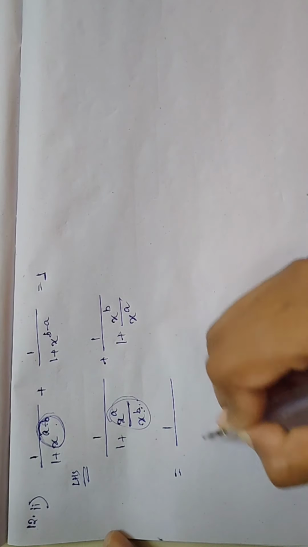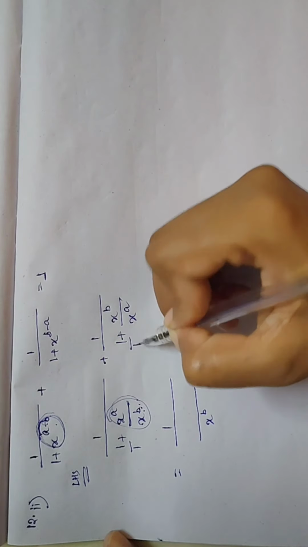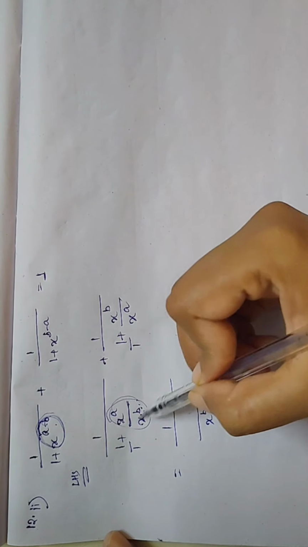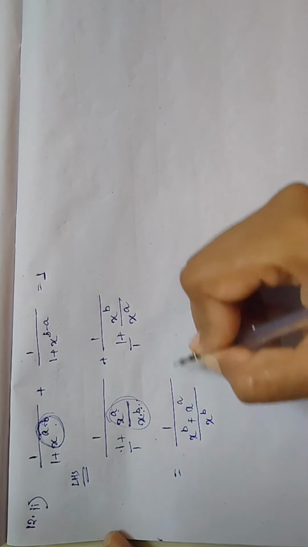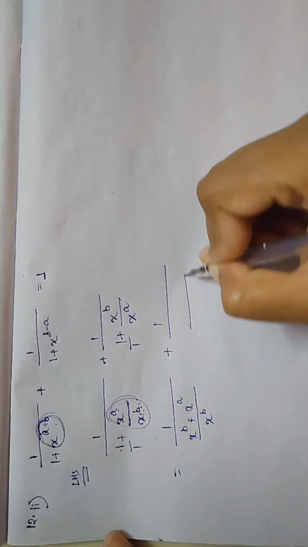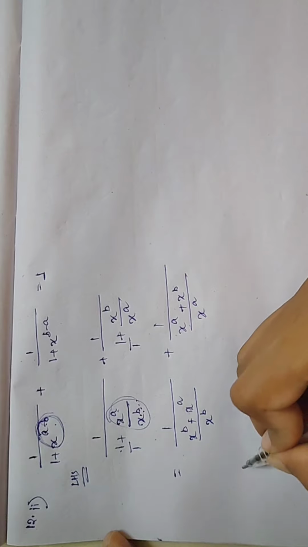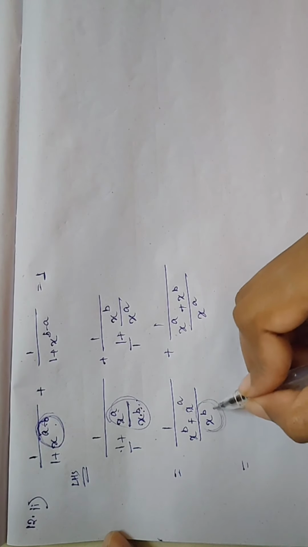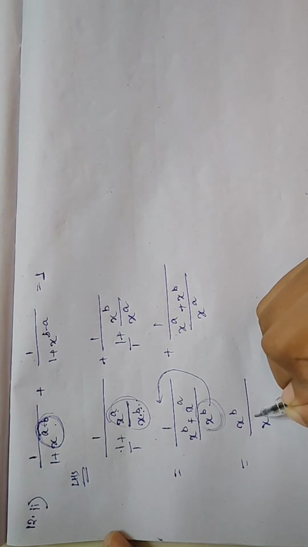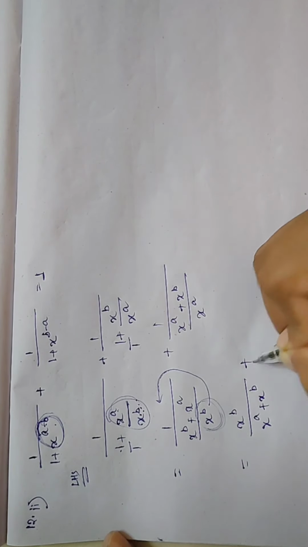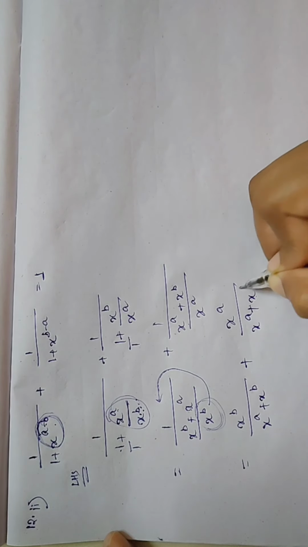Now take the LCM. It will be x to the power b. Here nothing is there, so we can write it as 1. Now do cross multiply. This into this, that is x to the power b. This into this, that is x to the power a. Similarly, here also we can write x to the power a plus x to the power b. Now this portion will come up here, so it will become x to the power b over x to the power a plus x to the power b, and this will be x to the power a by x to the power a plus x to the power b.